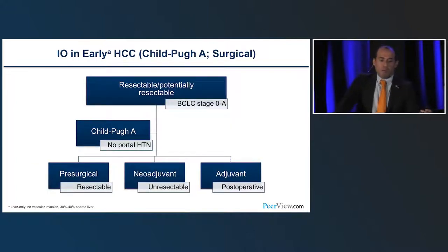So this is how it should look for those patients with early stage disease. Child-Pugh, of course, and those patients don't have portal hypertension, so pre-surgical for resectable disease, neoadjuvant to downsize for unresectable disease. Now that we have agents in combination that reached almost 35% response rate, we should not write off systemic therapy as a modality to downsize tumors, which historically was just reserved for TACE and portal vein embolization strategies